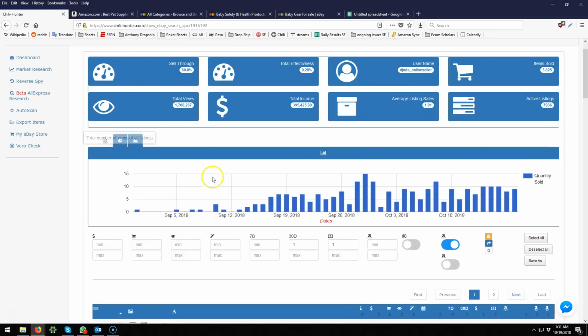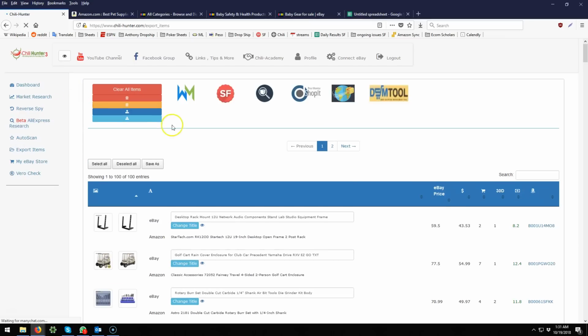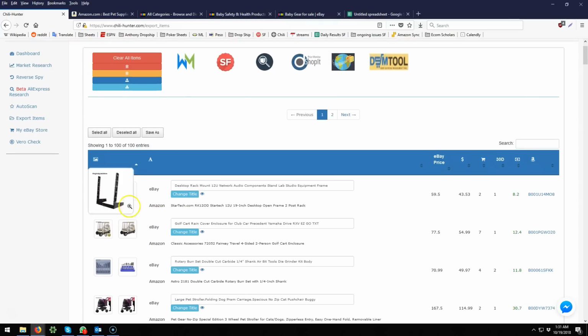So now after we've clicked the export of all these, we want to go to the export items folder. So we're going to go here. We can see that we have quite a few items in here. So this actually gives you one more chance to check the titles again. And you can see how good this guy is at renaming this product. So if you see here, the Amazon title is the